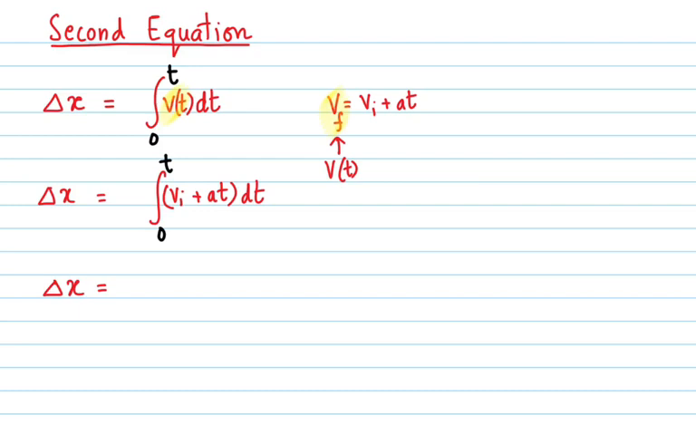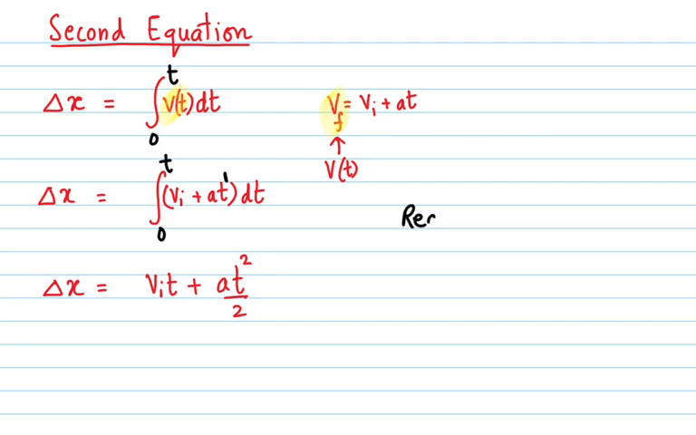So vi is a constant, it is the initial velocity. Vi is a constant, so it will become vit. When we do the integral of a constant, we get it as vit, and for at it will be at square over 2. Now if you wish, let's just quickly recall, t to the power of 1, for at it's